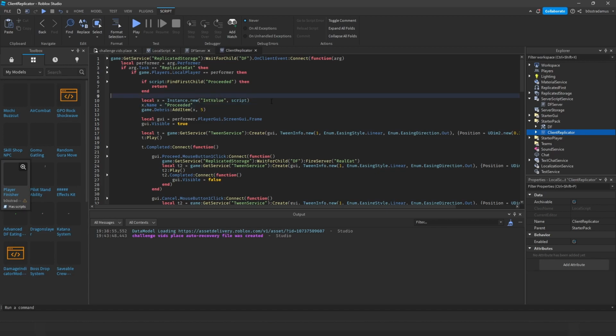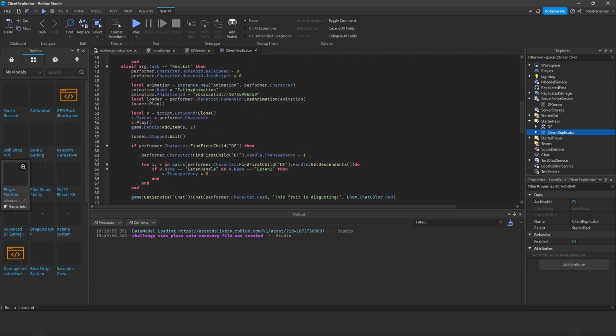So we are creating an int value inside of the script, we are calling it preceded, and then we are destroying it after 5 seconds once it has been created. What we're trying to do right here is, first of all, create the illusion of this GUI not appearing anymore after you have clicked proceed, because what happens when you click proceed on the frame is that we will move on with this real